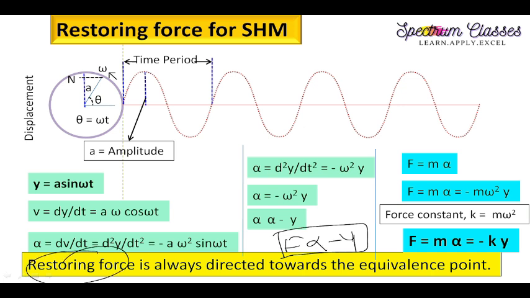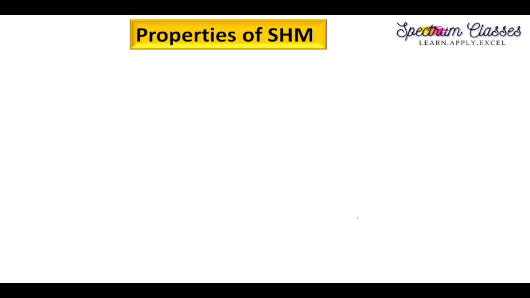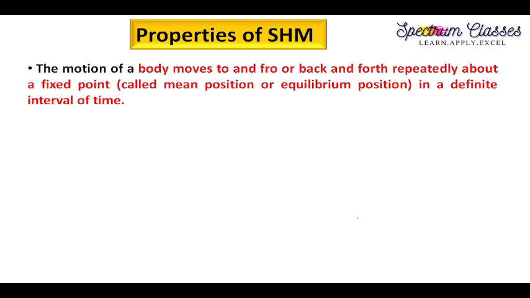This is called restoring force because it is in the opposite direction to the displacement and is always directed towards the equilibrium point. Whether your point is going in the positive direction, then it is pointing towards the 0, and if it is going towards the negative direction, minus a amplitude, then it is again pointing towards the 0. So that is the actual equation of simple harmonic motion. This is the actual equation, right? This kind of force represents simple harmonic motion.